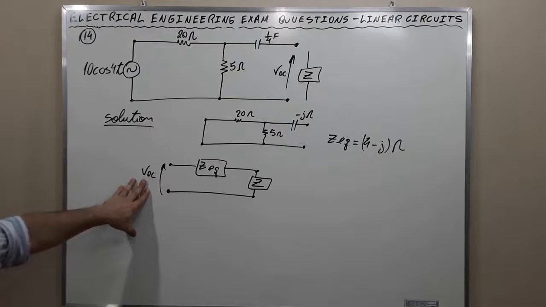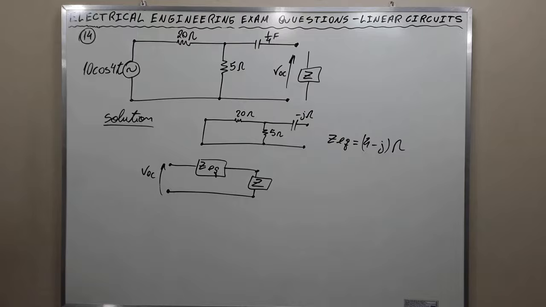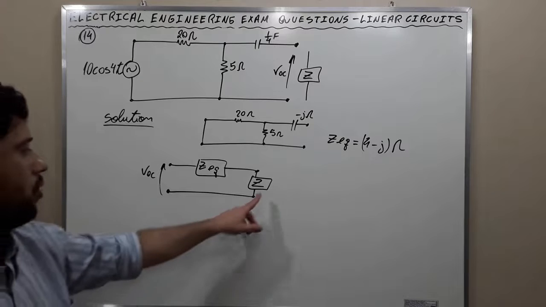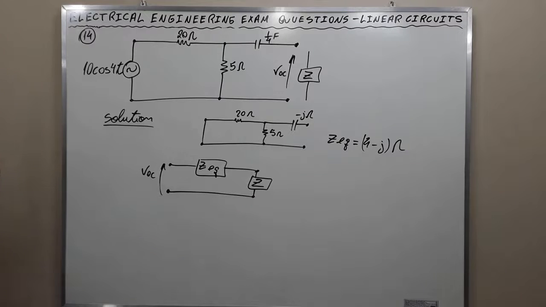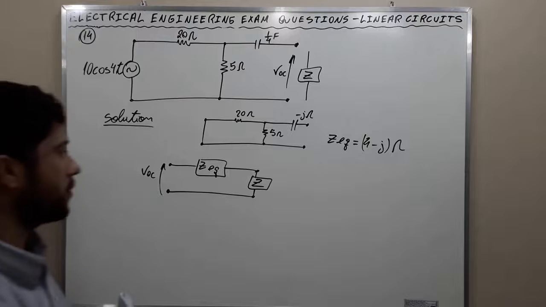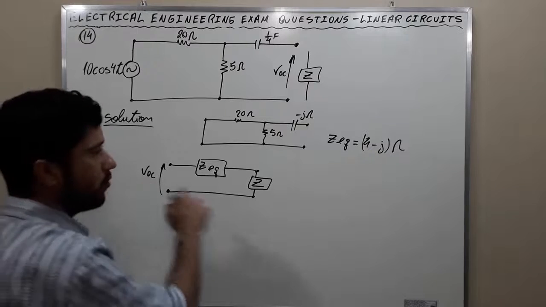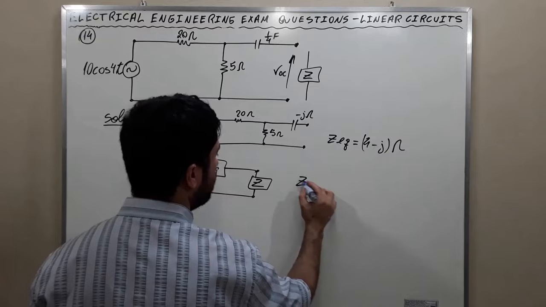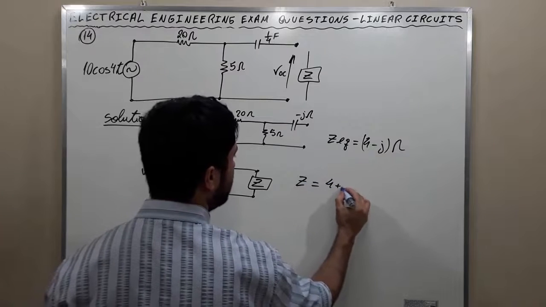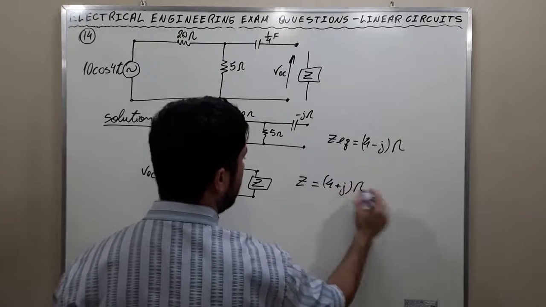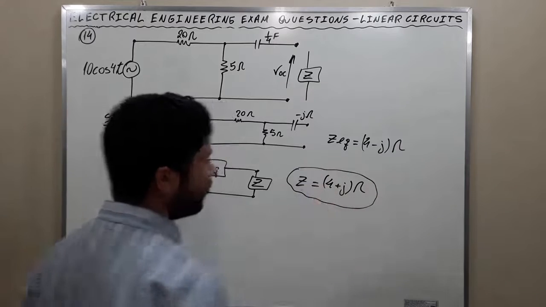I just figured out that we don't need to worry about the open circuit voltage because the exercise wanted us merely to calculate the value of the load impedance for maximum power transfer. And I just got it. We will not need this. We simply say that Z is equal to 4 plus J. Okay? This is the response